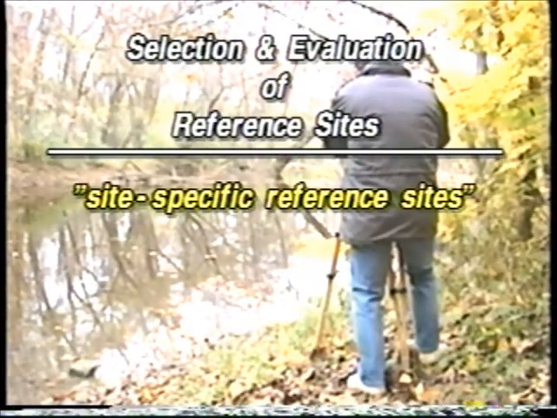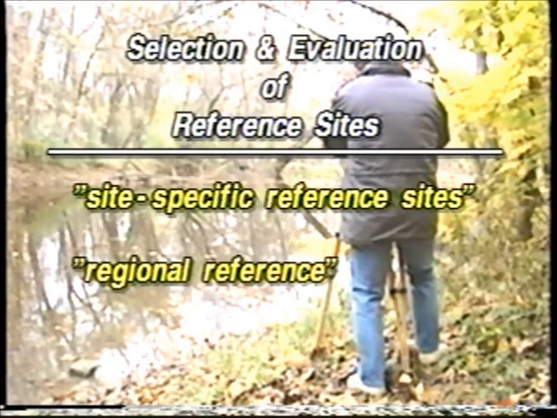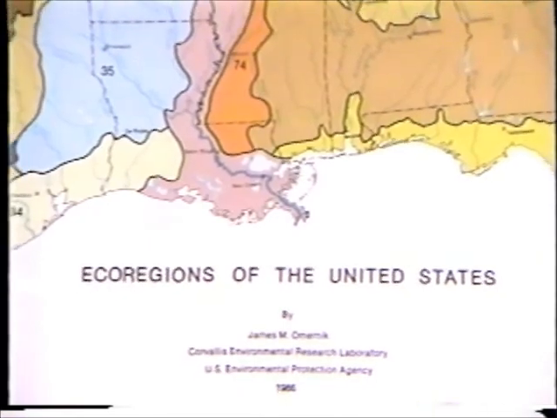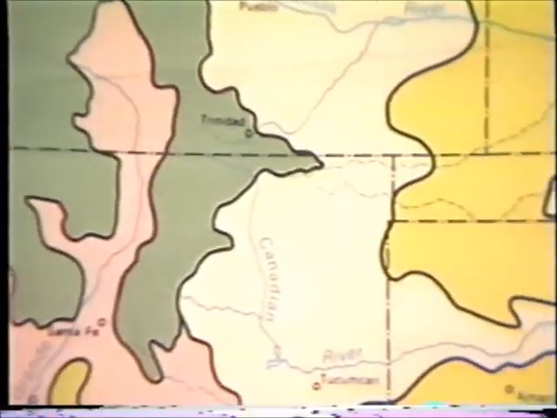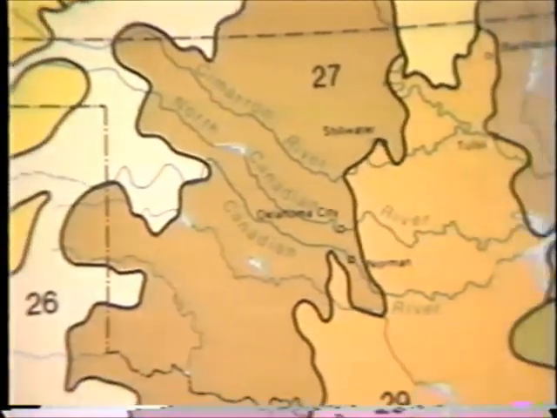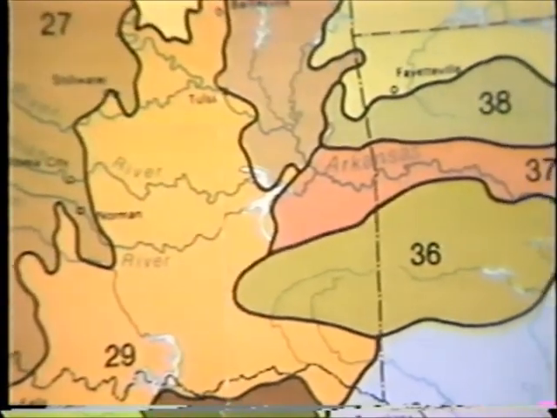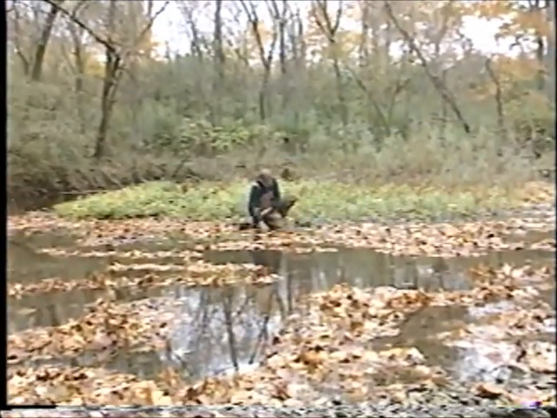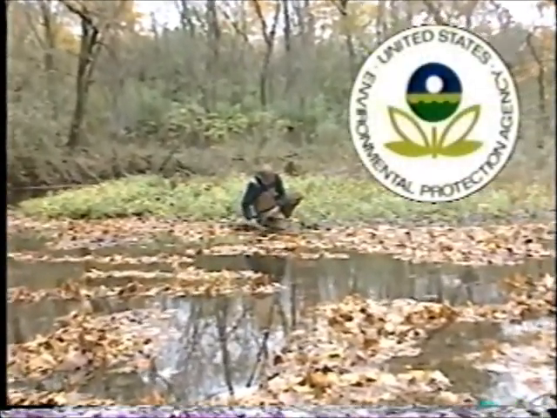Therefore, EPA also recommends the adoption of a second approach, the use of a regional reference site or sites. These ecologically similar regional references form an excellent basis for comparison of many water bodies. As with site-specific references, the process of selecting and evaluating regional references must be well planned to meet scientific requirements, to maximize information, and to minimize cost. The U.S. EPA is currently helping states in these efforts.